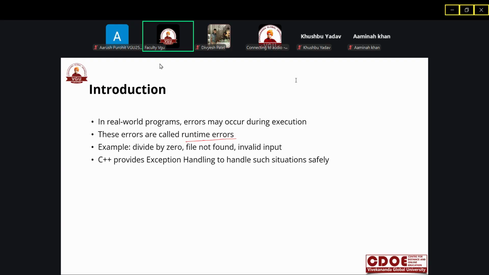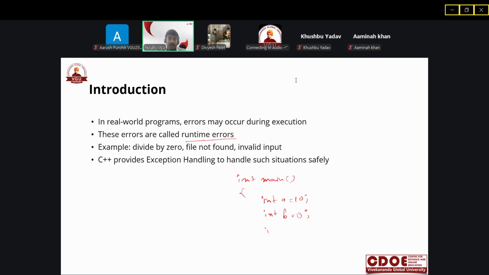Suppose you write a code: int main, and inside it you take integer a equal to 10, and integer b equal to 0.